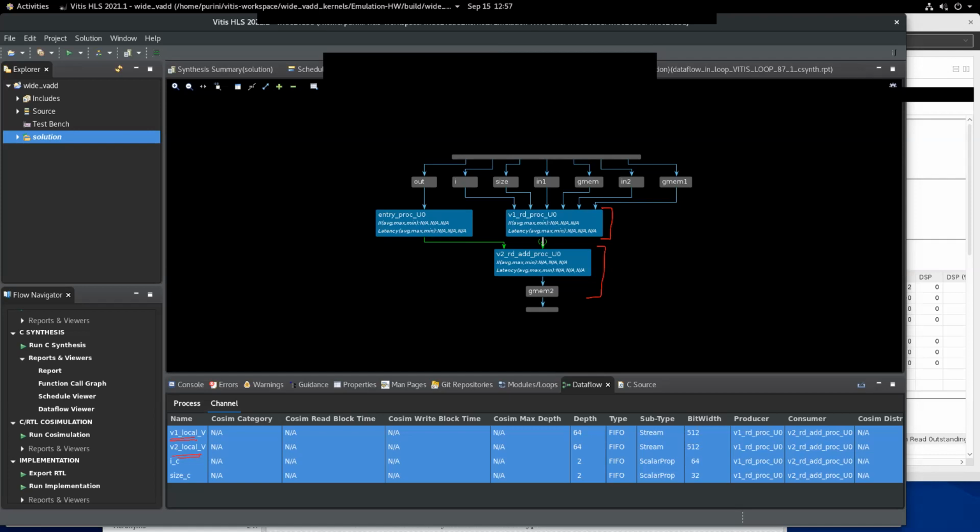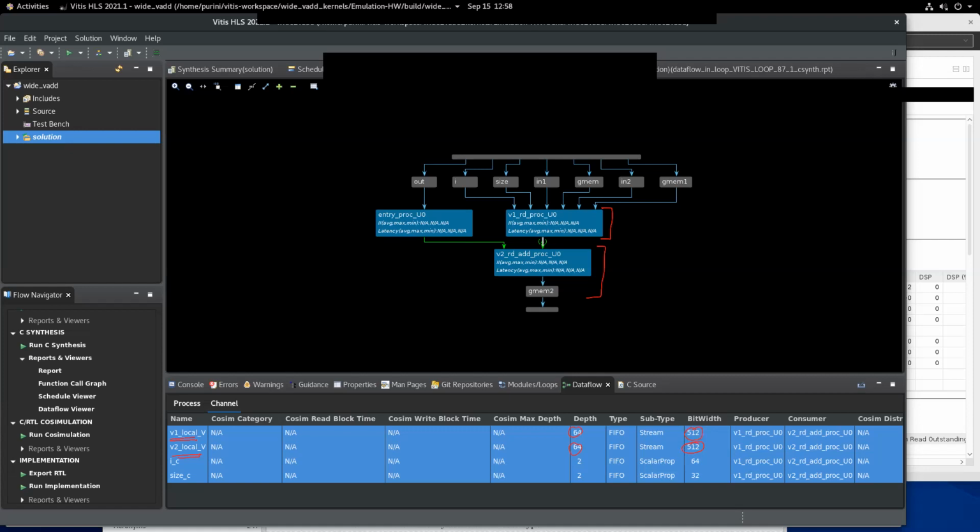You can see this channel. There are two FIFOs. The depth of each FIFO is 64, and the width of each FIFO is 512.